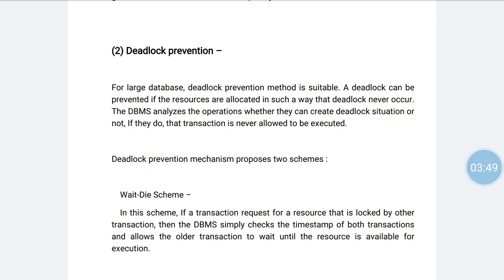For example, if transaction T1 entered the system at the 5th second, it will allow the older transaction to wait until the resource is available. So this is the wait and die scheme,